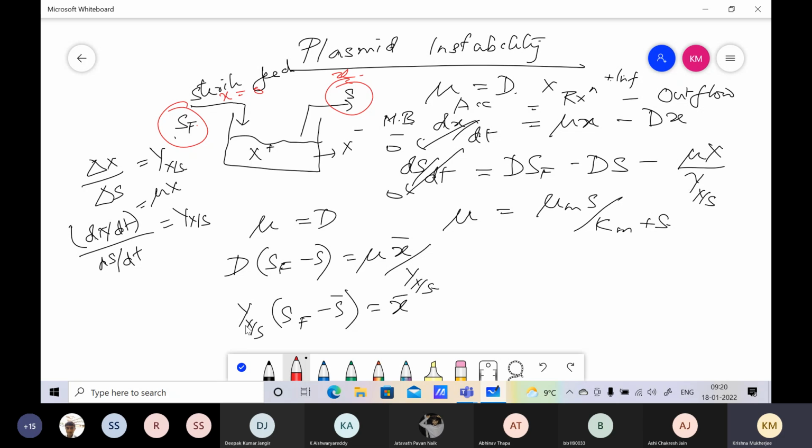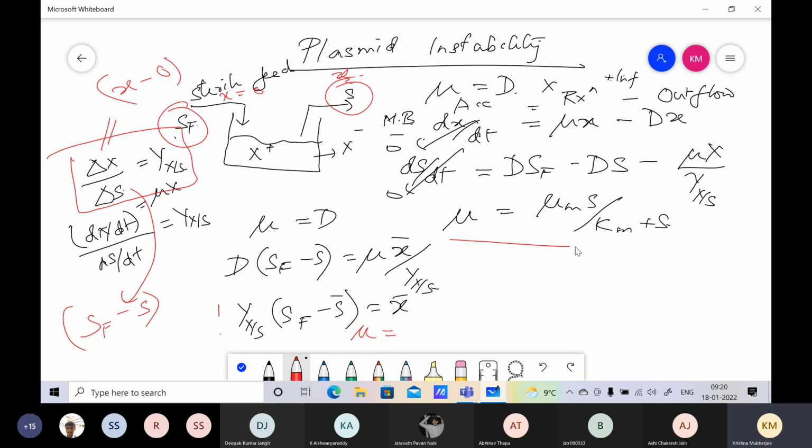So they too have to be related by the Yx/s term because of this expression here. So delta x is nothing but x minus 0, and delta s is nothing but sf minus s, and therefore (sf minus s) times Yx/s is equal to delta x from this equation. So this is also a material balance on substrate, and the third equation was mu is equal to mu max s